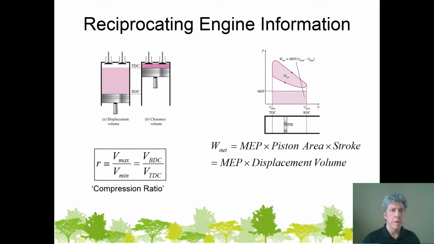Now, there's another interesting parameter of these engines that you may have heard of before. It's called the mean effective pressure. You may have heard it and not known what it meant. You may have thought that maybe it's some type of average pressure for the actual engine. Actually, it's sort of a volumetric efficiency. Think about it this way. If you look at whatever cycle the engine operates on a PV diagram, the area enclosed by that cycle represents the amount of work that the engine produces, or the net amount of work that the engine produces during one